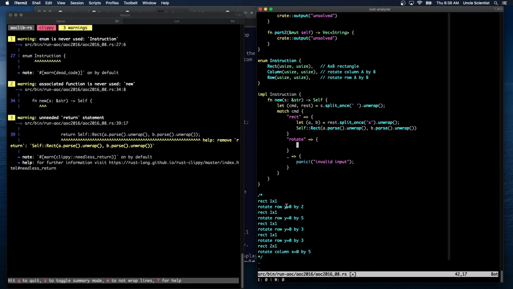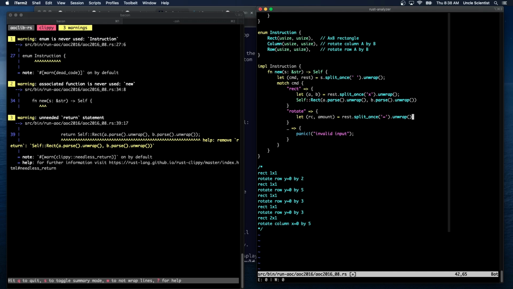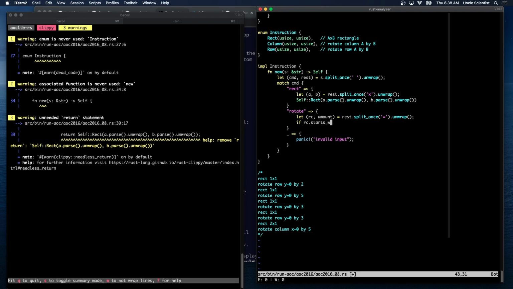Actually, what I want to do is split once by equal sign. So let, what should we call this? Row col, RC, comma, amount is equal to rest.split once on equal. And then we're going to see either the word row or column. So if rc.starts with row,